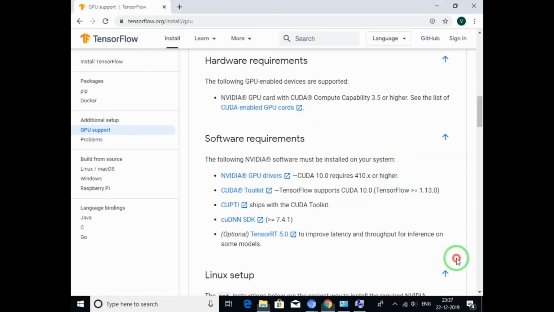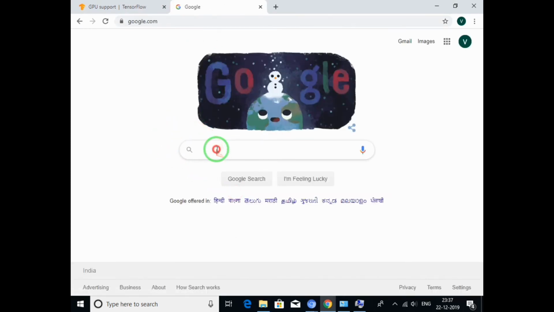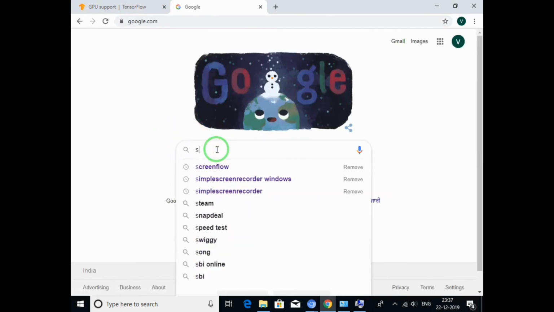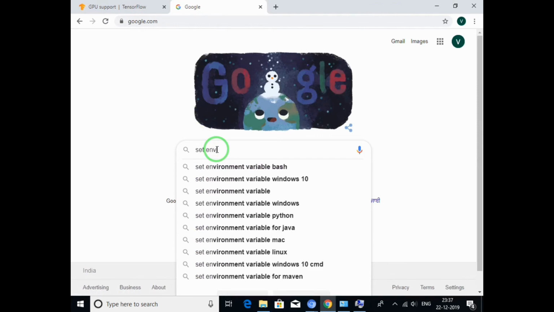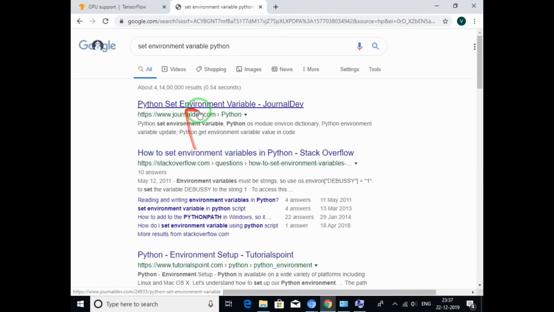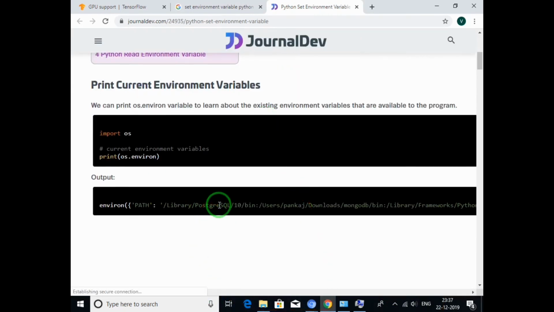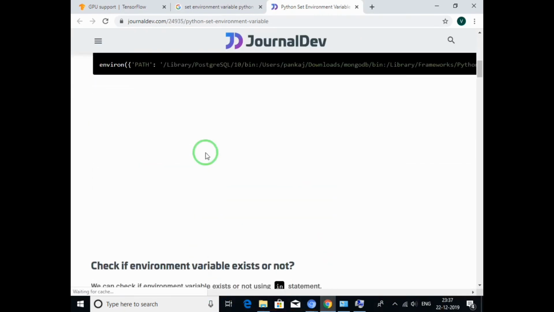So what we have to do is set the path, set the environment variable for Python. You just set a path for the environment variable for Python. Okay, you just go here. So it will be better that